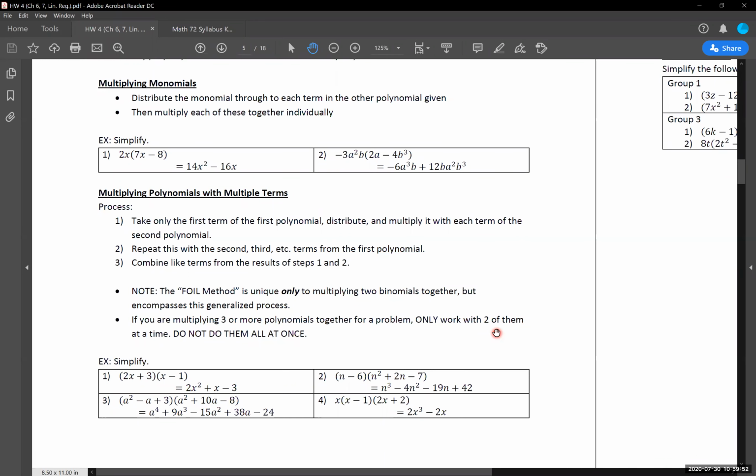But again, as a generality, we only want to work with multiplying 2 polynomials at once. We can and we will get to multiplying the other ones together in that problem. But if you try and do it all at once, I guarantee you're going to get wrong answers. That one I promise you on. Because we can only use these properties, this process, if we are multiplying 2 polynomials together at a time. So if we have 3 or more multiplying, you absolutely must take these in parts and solve them individually. I cannot emphasize that enough because when problems like that show up on the test, people try and do all 3 or all 4 at the same time. And oh my gosh, is it a nightmare.